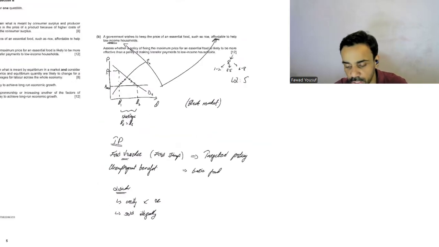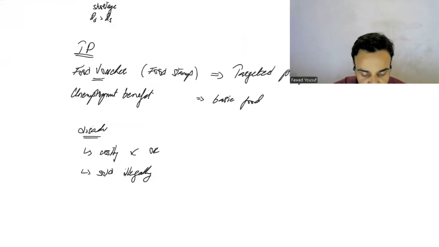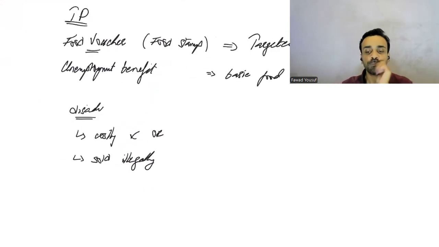Now, in evaluation, I want to argue how this policy works better than this policy, or if this policy works better than this policy, right? That's my evaluation, which is likely to be more effective. तो उसके अंदर